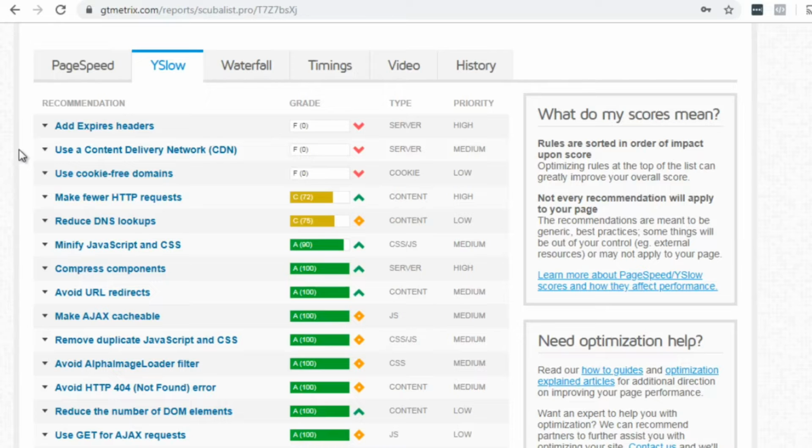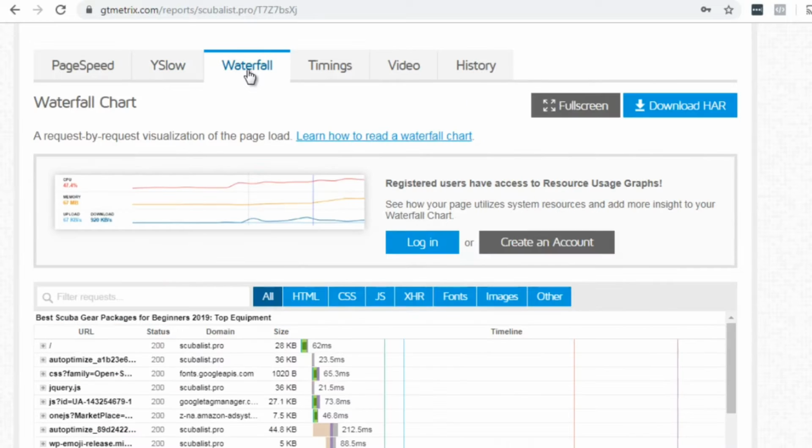We'll talk about that in the next video as well. But if we just go through and take a look, you can see this one got a C. It says minify JavaScript and CSS. So a lot of this can actually be done via a caching plugin, which we'll talk about in just a minute. So if we click on waterfall,